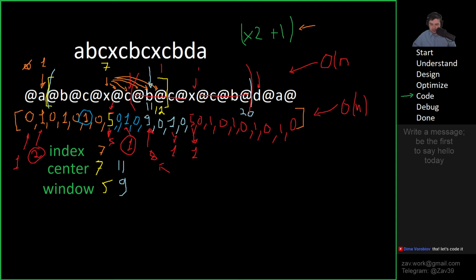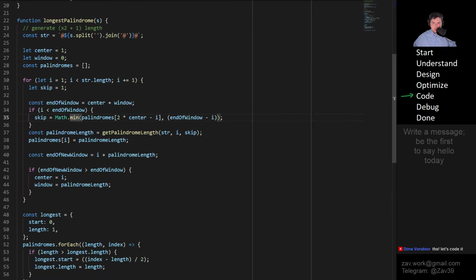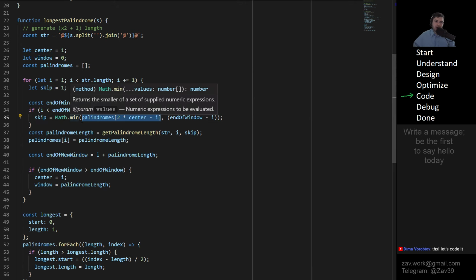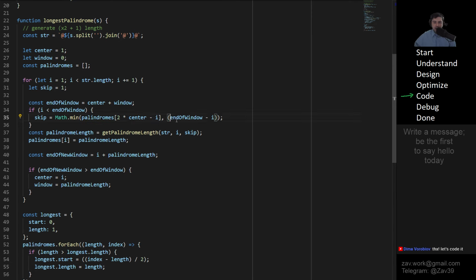So let's go back to code. So we have 2 options. Either we go to the left to find the same symbol, or we just go to the end of our window. So the end of our window minus the current index will represent the length until the end of the window. Generally,